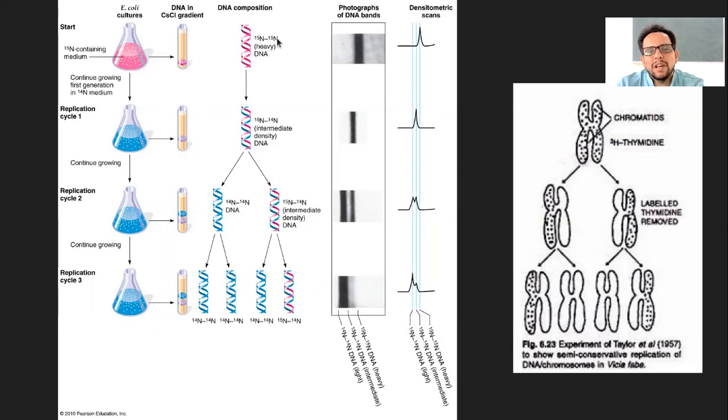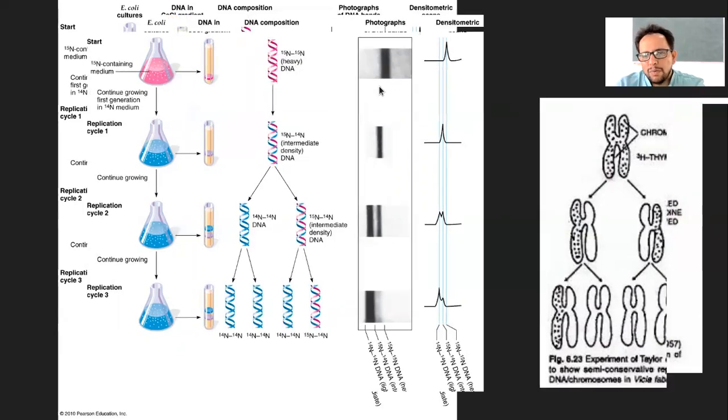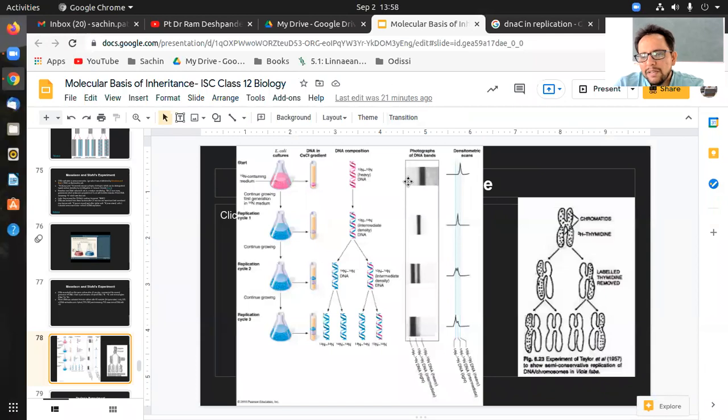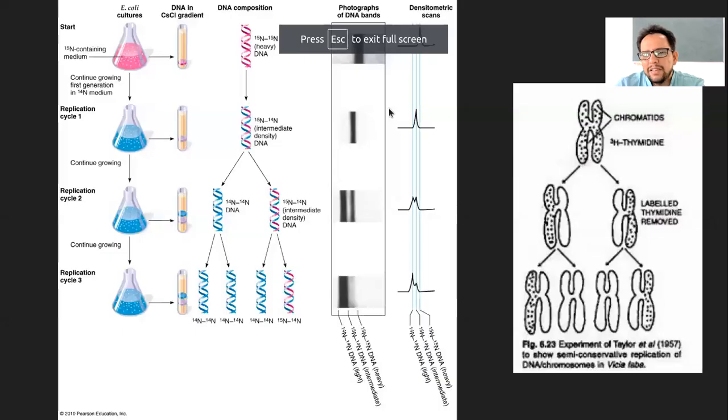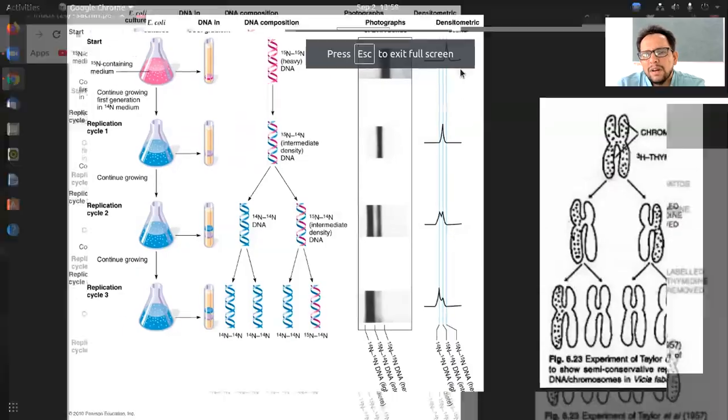That is why it is shown as double. So heavy DNA, and you will see a kind of smear. I hope you are able to see this. You will see a kind of smear as a whole thing. All of it is N15, that is the heaviest band, and this is again confirmed with some